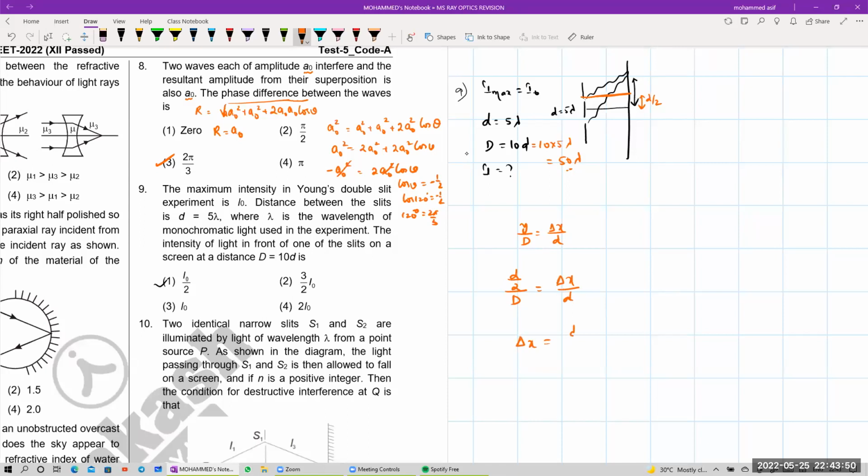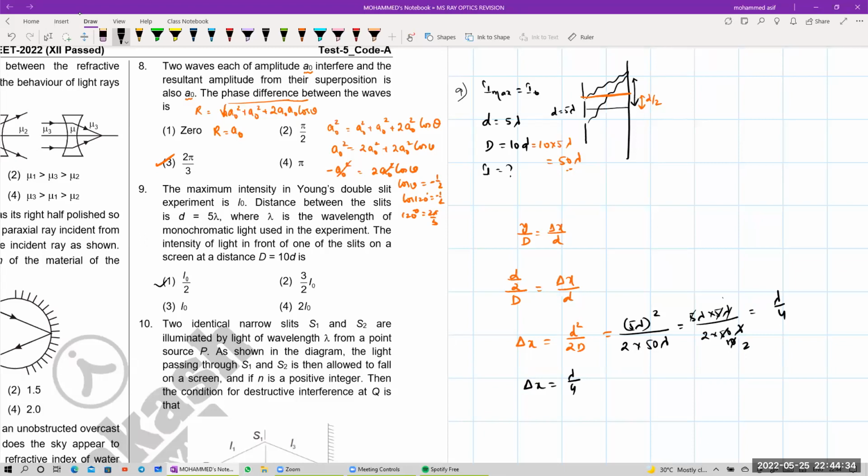तो डेल्टा x की वैल्यू कितनी आ रही? डेल्टा x is equals to your d square divided by your 2D, and that will be equal to your, just substitute the values। d square की वैल्यू, d की वैल्यू कितनी है बेटा? 5 लैम्बडा का होल स्क्वायर डिवाइडेड बाय 2 into कैपिटल D, कैपिटल D की वैल्यू 50 into लैम्बडा, यानी 5 लैम्बडा into your 5 लैम्बडा डिवाइडेड बाय 2 into your 50 लैम्बडा। ये लैम्बडा चले गया, 5 1s 5 10s, 5 1s 5 2s, isn't it? That will be equal to lambda by 4. So this is your lambda by 4, यानी डेल्टा x की वैल्यू कितनी आई मेरे पास? लैम्बडा by 4।